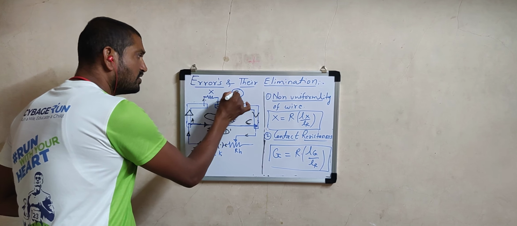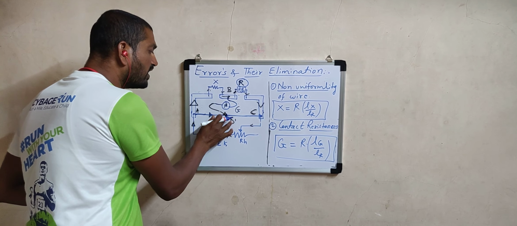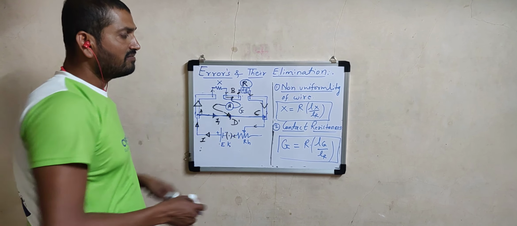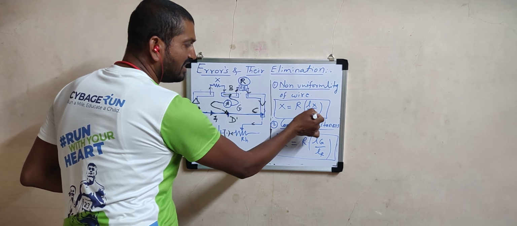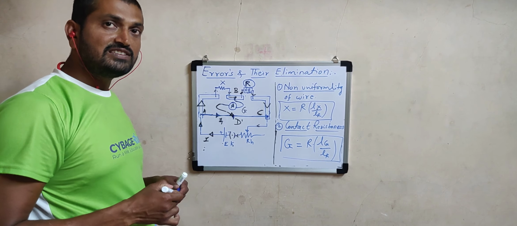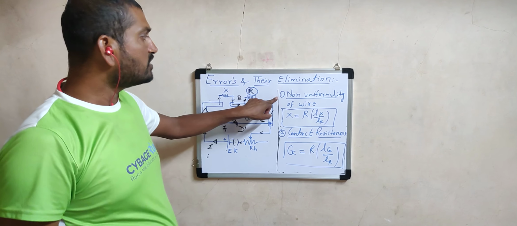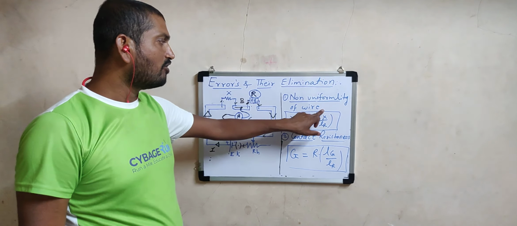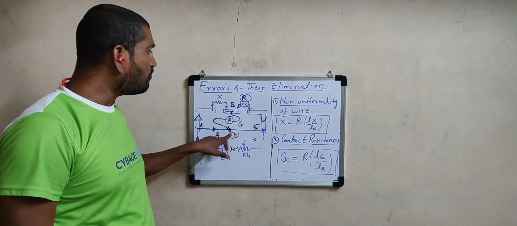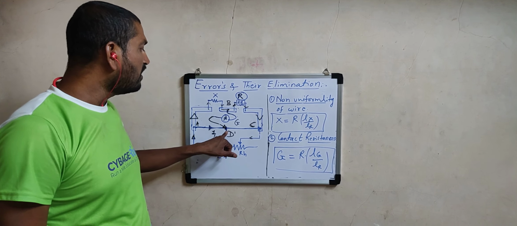So if possible, because every time it may not be possible, select the resistance in the resistance box so as to get the balance point in the middle of the wire. Now after taking the balance point in the middle of the wire, while considering this ratio Lx and Lr, the resistances in numerator and denominator will be compensated. As these are compensated, this error can be minimized to a greater extent. So this is the first error, due to non-uniformity of wire, and this is the method to minimize it: if possible, select the resistance in this resistance box so as to get the balance point very close to the middle of the wire.